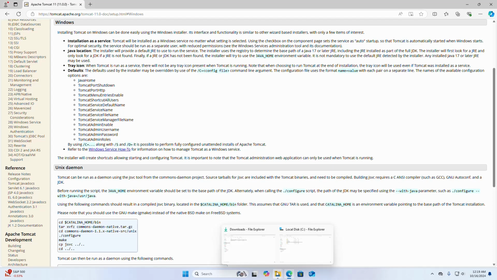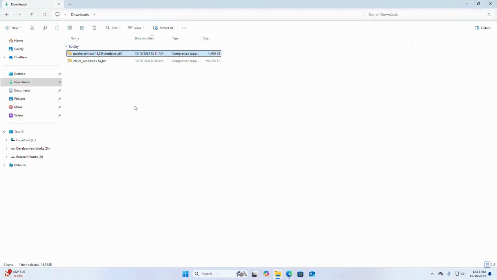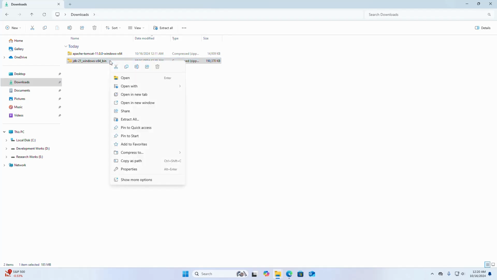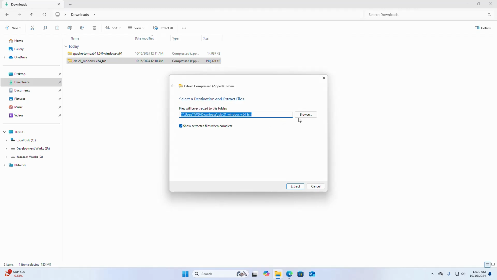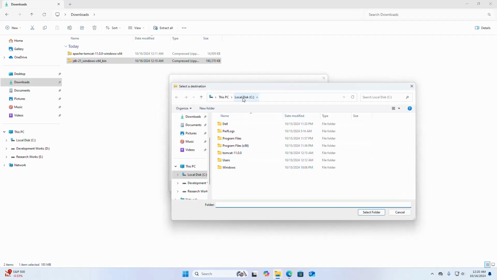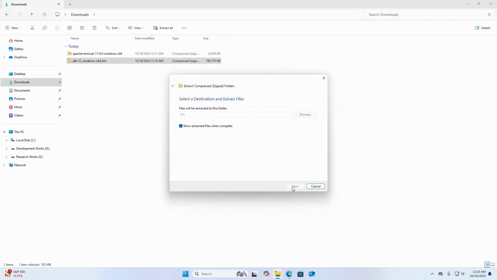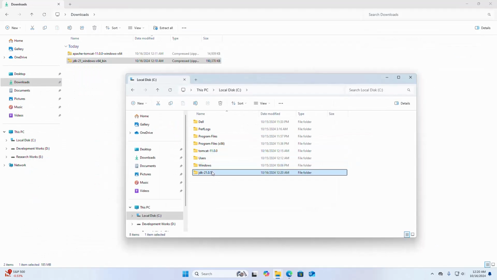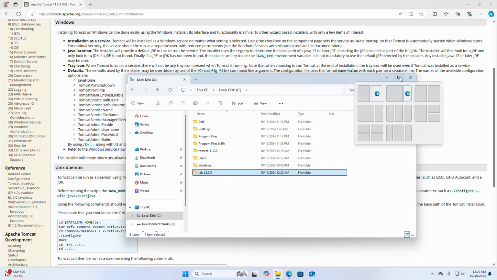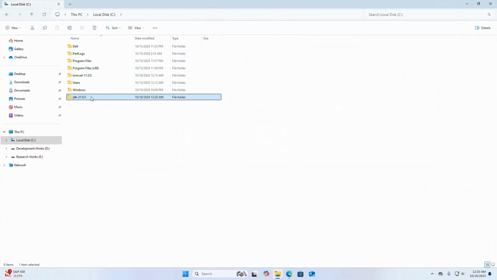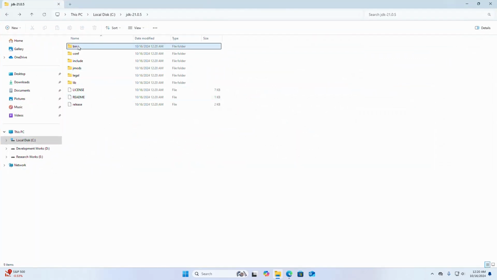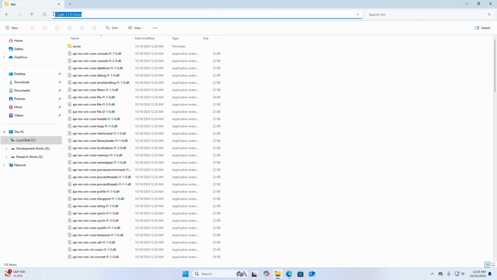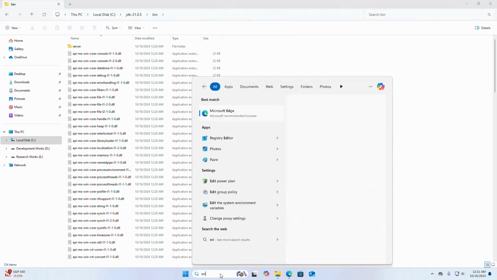So after a successful download, navigate to download folder and extract this zip archive file of JDK into local disk C. You can rename this folder. Okay. Now navigate to the JDK folder, then bin subfolder. Copy this path. Now open, edit the system